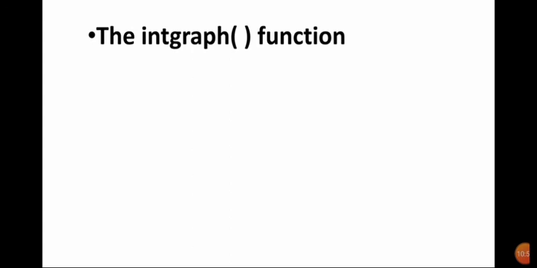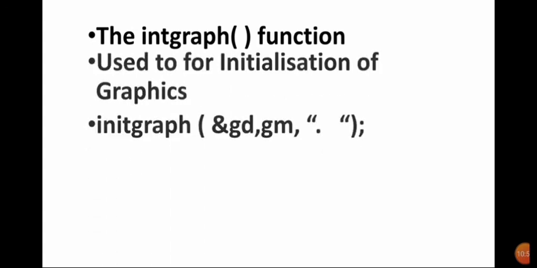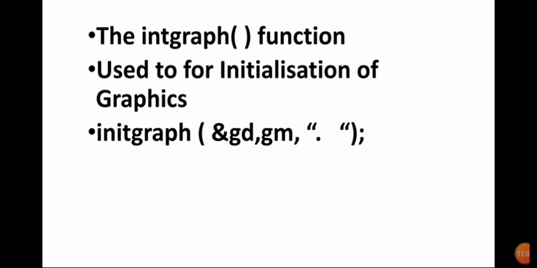Okay, the initgraph function, I am going to explain this. It is used to initialize the graphic mode. So the graphic mode can be initialized by using this function. How? This is the syntax. You know that syntax means a proper way of representation. So initgraph in brackets, gd and gm, both separated by a comma delimiter, and the full stop is not there, it is a printing mistake. Only the double inverted commas are there.